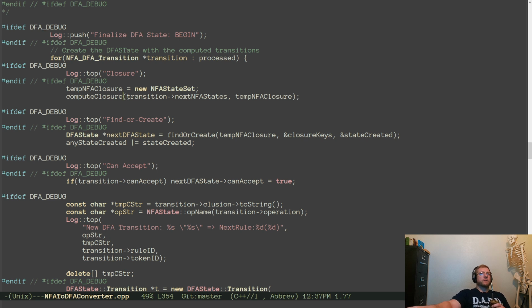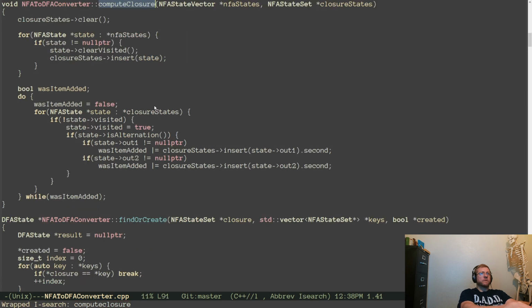So when we hand in a closure, we say, here are all the states we know have to go in. Find all the states in the NFA that we can get to from here without making any changes. Compute closure. This is basically our destination, our target.